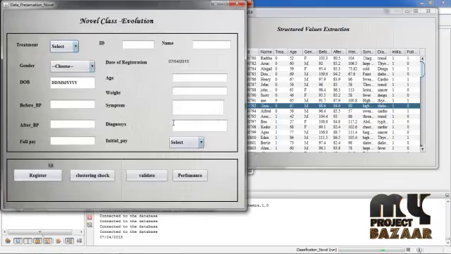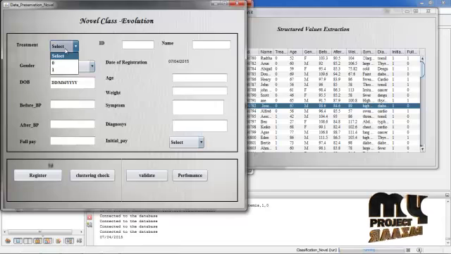The next work is dynamic registration. Here we are going to show the novel class evolution.